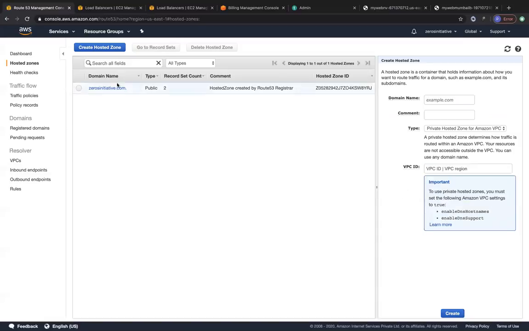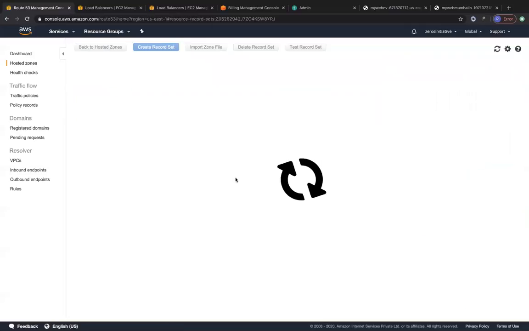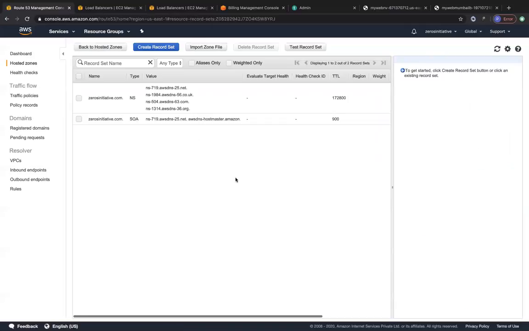So now let me go ahead and go into this particular hosted zone, right? And you can see that we have the NS record and the start of authority record that are already created for us. And we also learned what these 2 record types were. Don't worry, you don't have to remember any of the record types going into your exam. But let's go ahead and create record sets right now. So let's look at the simple routing policy first. So I'm going to create a record set.